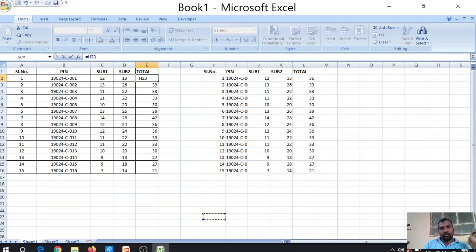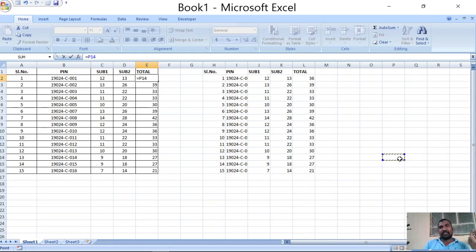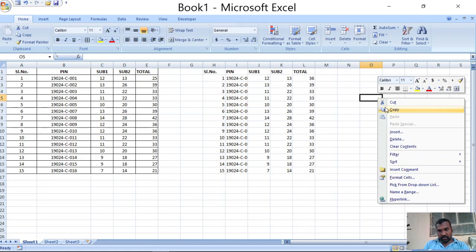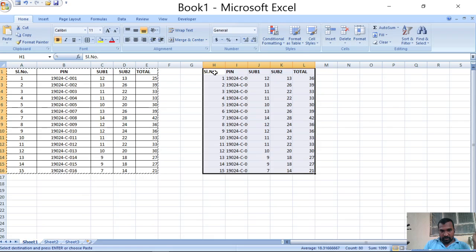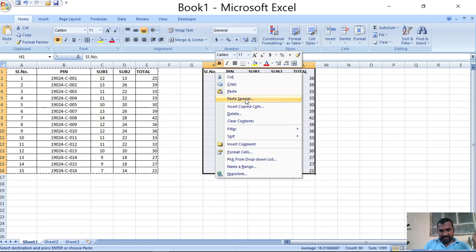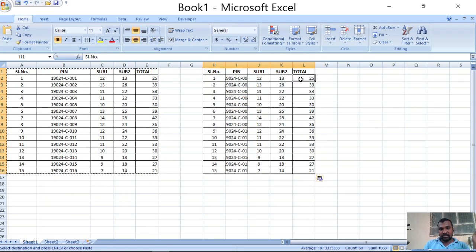right? So one thing you need to remember: while performing the pasting operation, here I am copying. After performing the copy operation, if you select paste, the formula is applied automatically. Here you can observe this total is J2 plus K2.